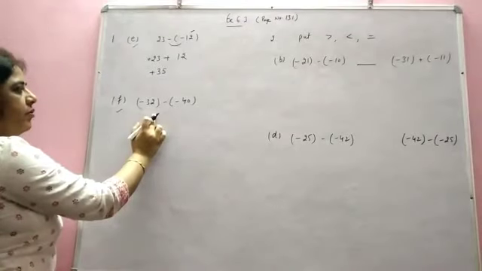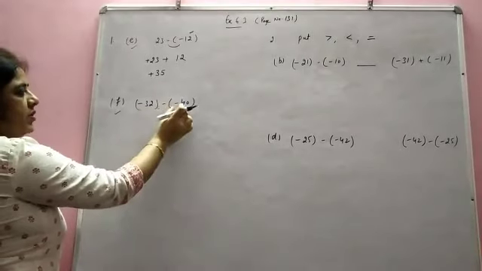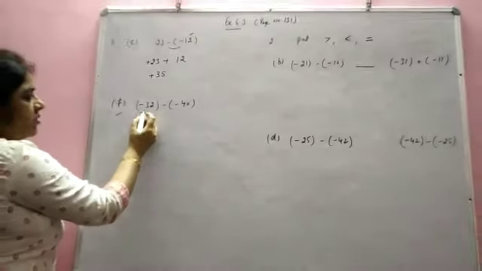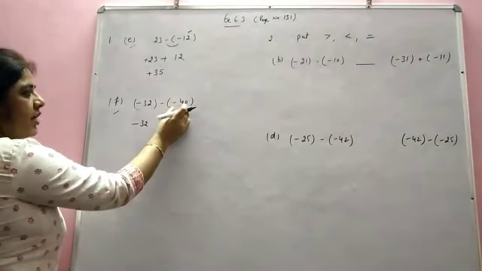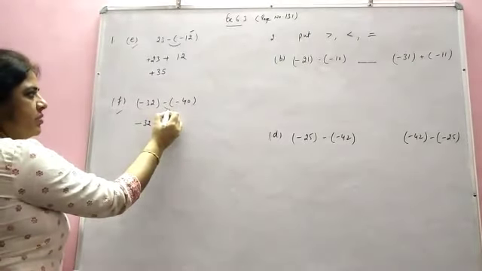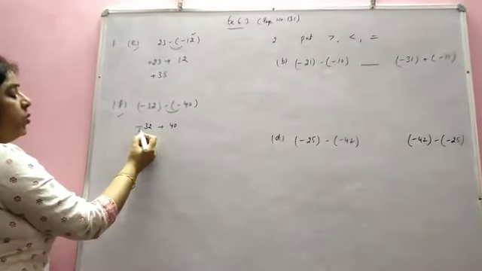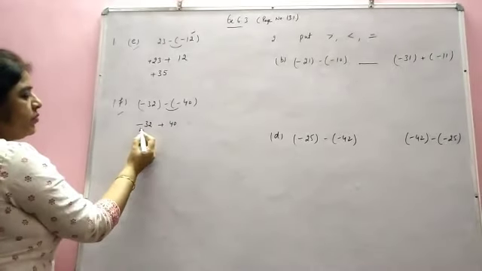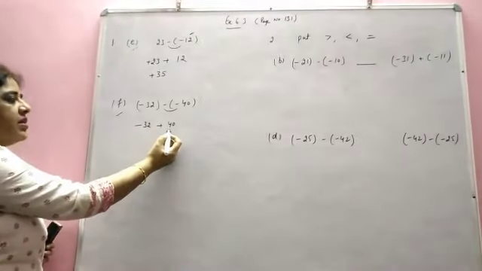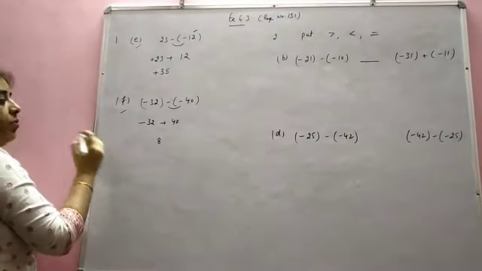Now we come to the next example. We have to find the value of this expression. First you check if in the bracket only a single number is there, no other operation, no other number, then we will open the brackets. The first bracket remains the same. Inside the next one only a single number is there with its sign, and two signs come together, minus minus becomes a plus. And you have already done how to add and subtract integers. When one is a negative integer and one is a positive integer, we always do the subtraction. Means 40 minus 32, what would the answer be? 8. Now put the sign.